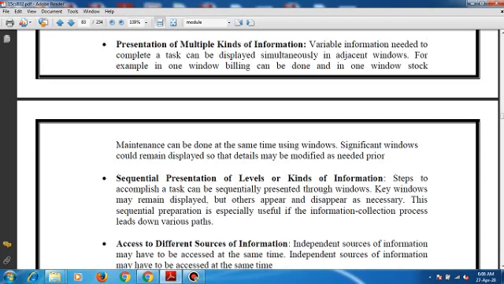The sequential presentation is especially useful if the information collection process leads down various paths.